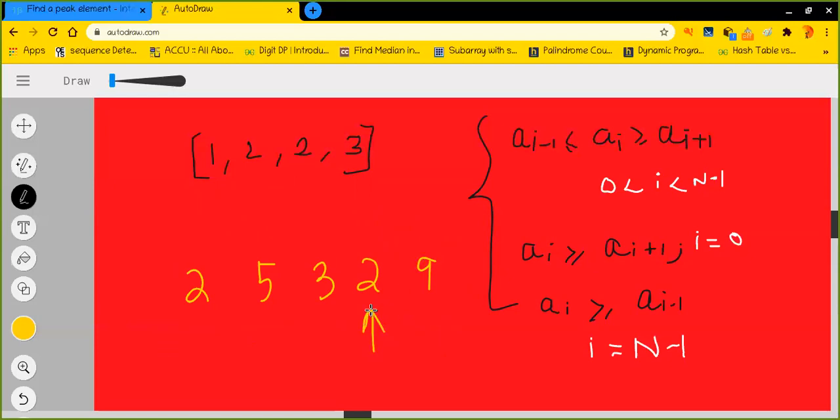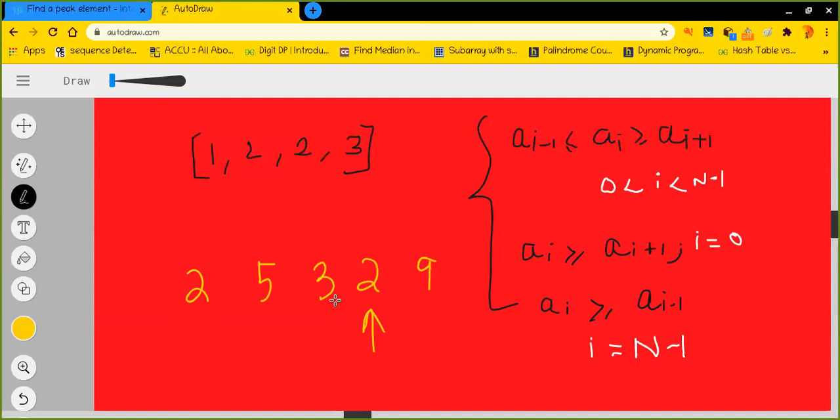I'm just running my algorithm, I'm right here at some point of time, and I see that I am smaller than my left neighbor as well as my right neighbor. So which side should I decide to go to? In my previous example, we had only one choice, because I was lesser than only one of my neighbors, and I had chosen the one which was bigger than me.